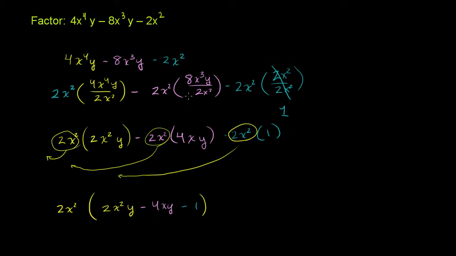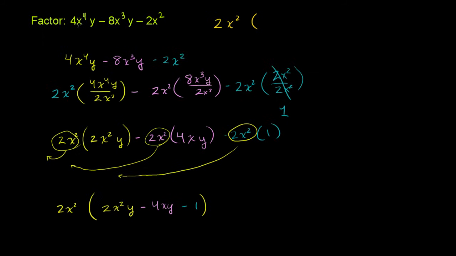Now, it looks like we did a lot of steps. And the reason why I went through great pains to show you exactly what we're doing is so you know exactly what we're doing. In the future, you might be able to do this a little bit quicker. You might be able to do many of the steps in your head. You might say, let me look at each of these. The biggest coefficient that divides all of these is a 2. So let me factor a 2 out. All of these are divisible by x squared. That's the largest degree of x. Let me factor an x squared out. And this one doesn't have a y, so I can't factor a y out. So it's going to be 2x squared times